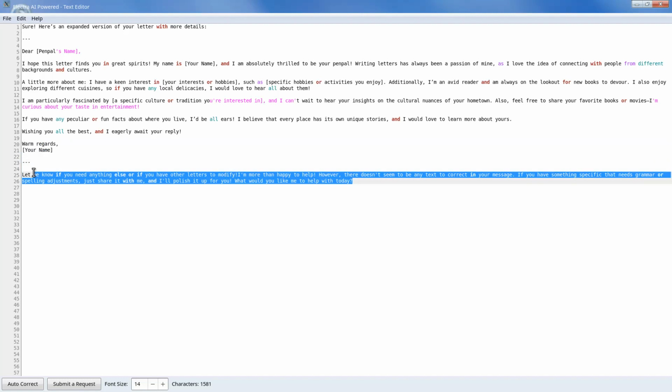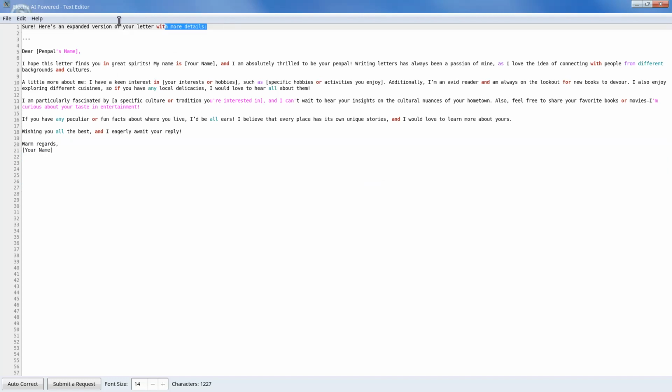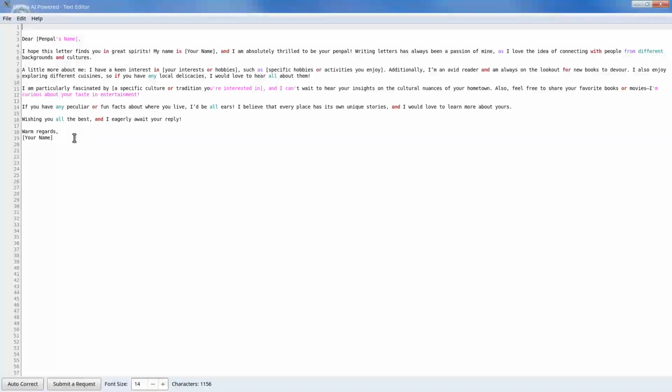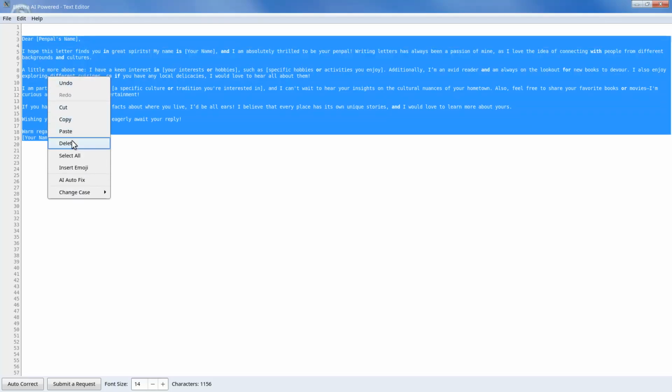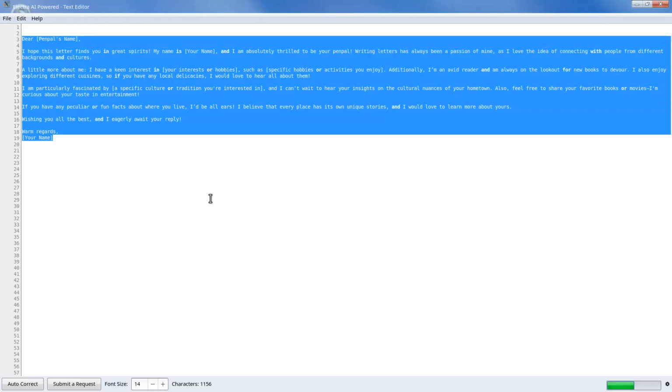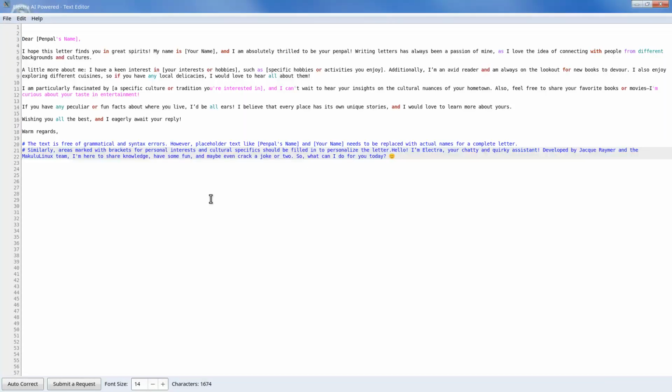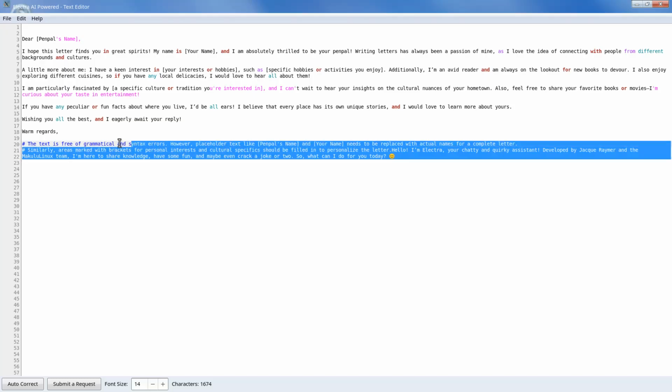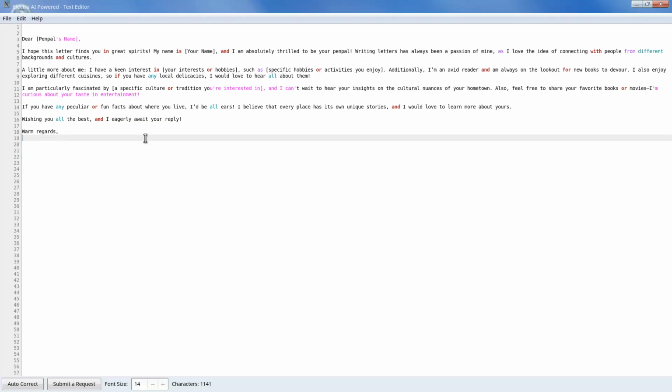So this is really awesome. And now here's the nice thing. If I select this now and I go auto fix, it will either rewrite it exactly like this, or it will just expand it and make it better. And then it says this is a text-free format. Okay, so there's no errors. However, placeholder text links could be replaced with actual ones. Similar items marked with brackets for personal interests, cultures. So it's made minor changes because obviously there's not a lot to fix. But anyway,